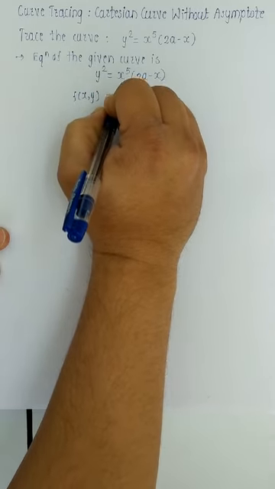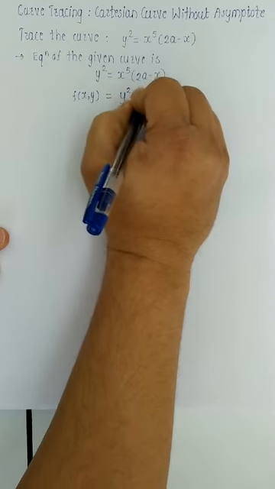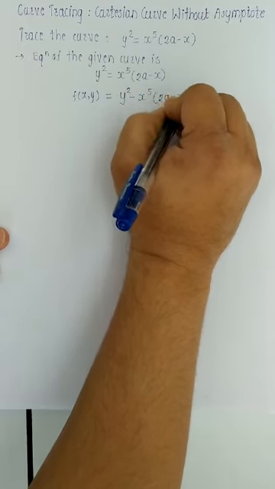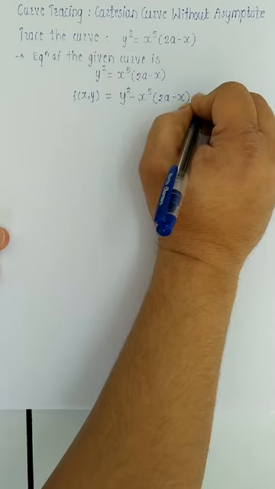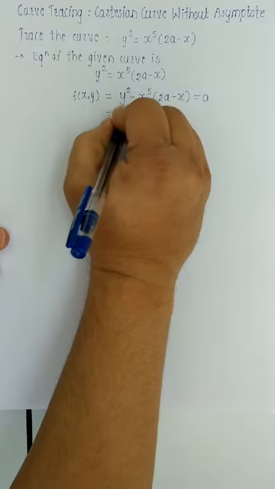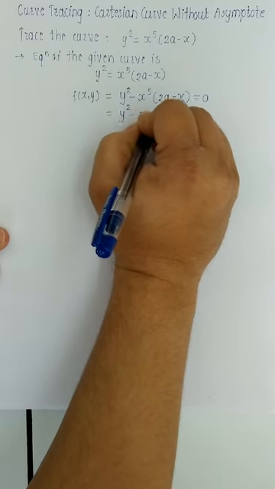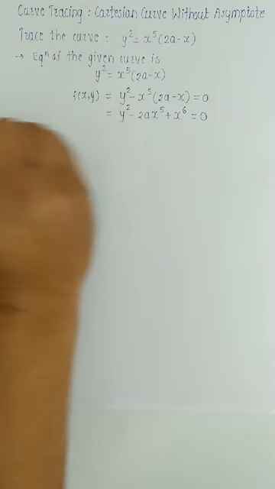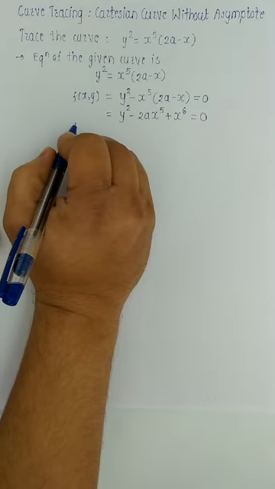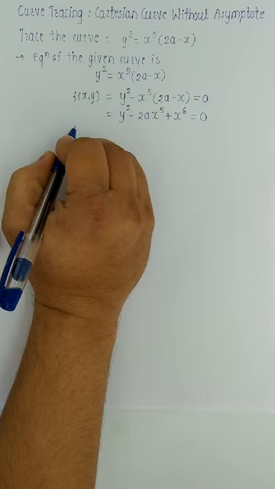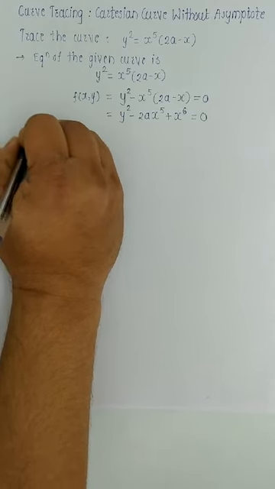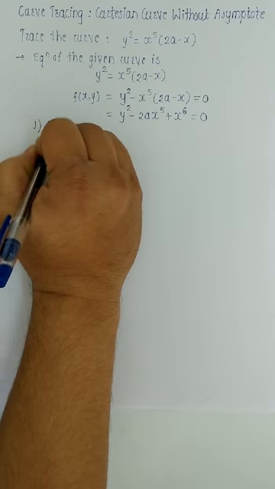So f of x, y equal to y square minus x raised to 5 into 2a minus x is equal to 0. That is, y square minus 2a x raised to 5 plus x raised to 6 is equal to 0. Now we will study the different characteristics using which we can trace the rough sketch of the curve. In that, first we discuss the first characteristic, which is